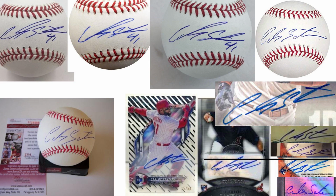So I collected a bunch of these autographs from online. Anybody can go do this. This is what they do when they authenticate something. They look at all the other signatures and compare. Now, how do you do that? I want to basically tell you guys the reason why I'm a little...